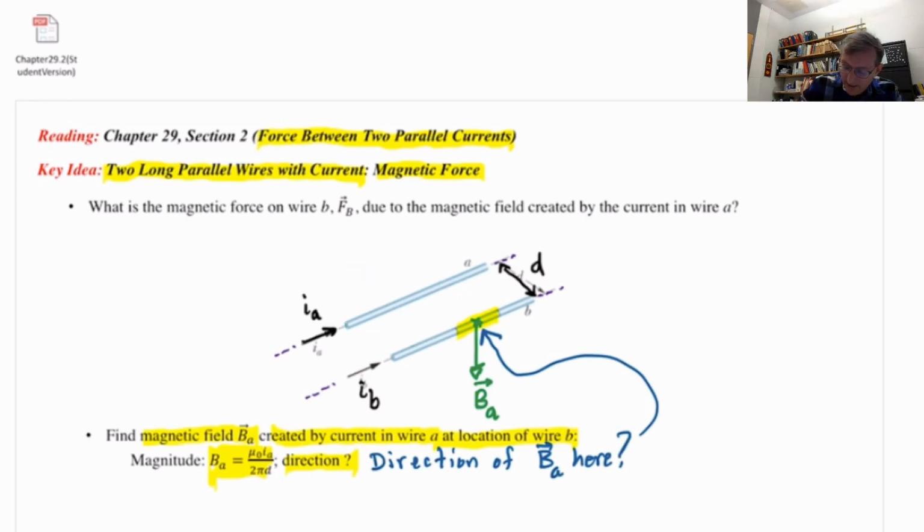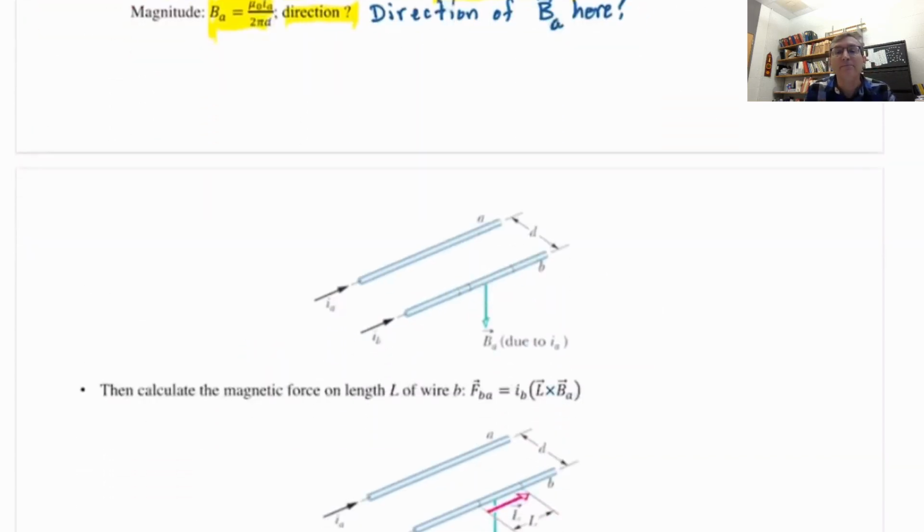Trying to draw a circulation, that is perpendicular to wire A and passing through the place where the X is, and the magnetic field points straight down. That's the direction of B sub A. Let me show you here. That's the direction of B sub A due to the current I sub A at this location right here